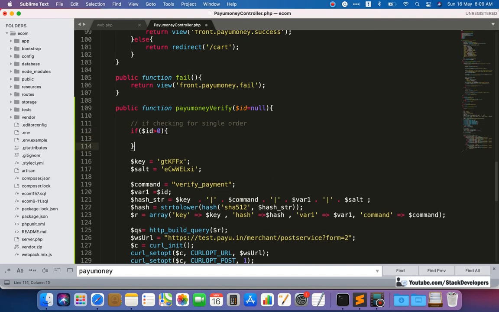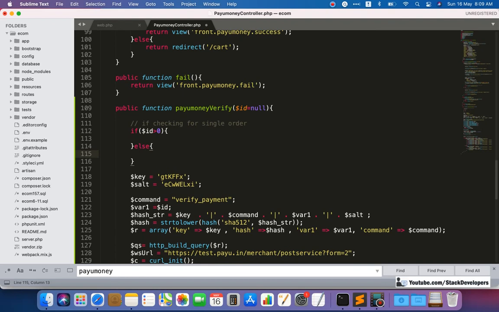And here we will add the else. In the else, if checking for multiple orders, get the last 5 PayUmoney orders.